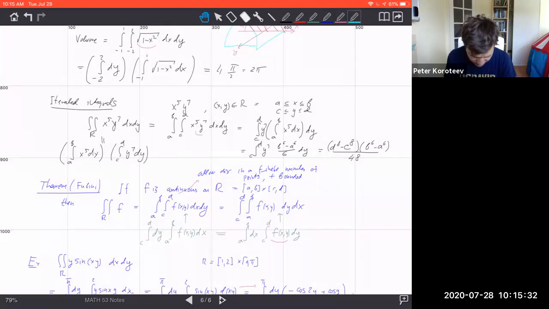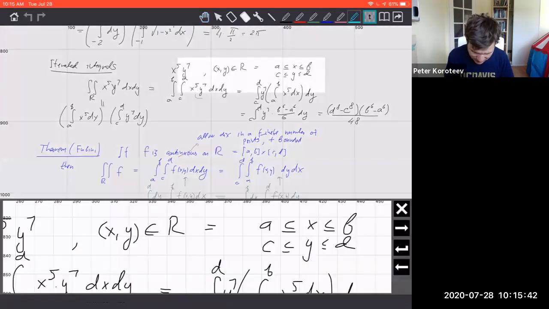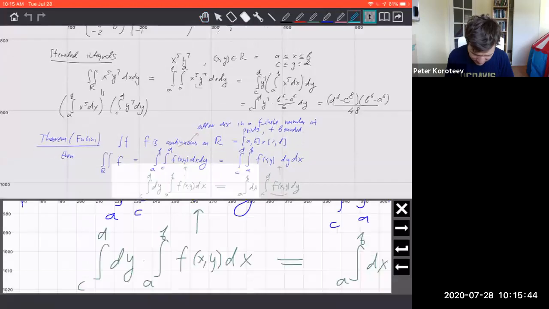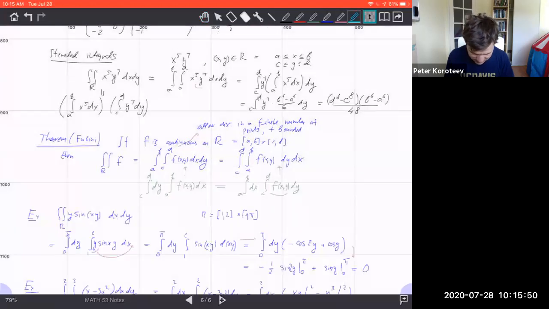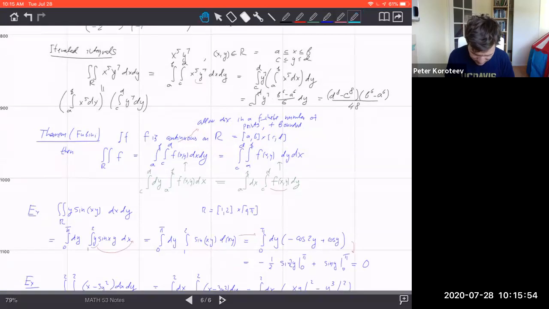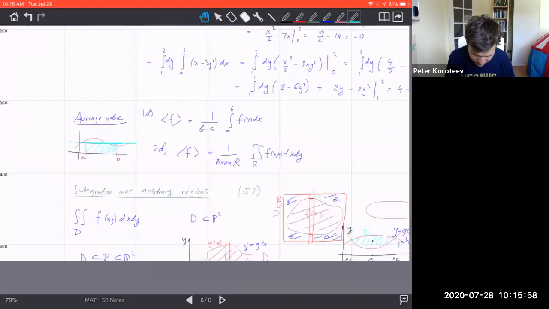The Fubini theorem says that the double integral is equal to an iterated integral, or rather two iterated integrals, right? Because we can integrate first in x, then in y, or first in y and then in x, and the answers will be the same. Okay, and then we looked at some examples. Maybe we can start off today by doing another example.